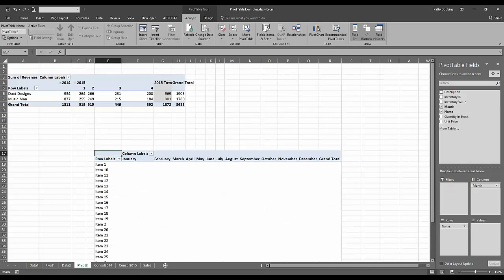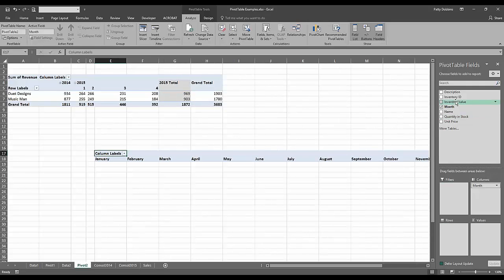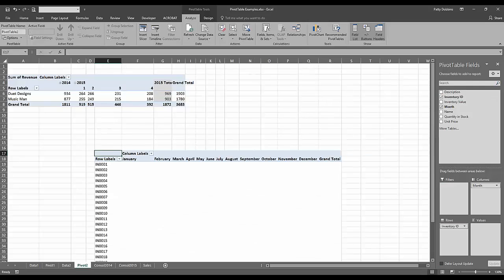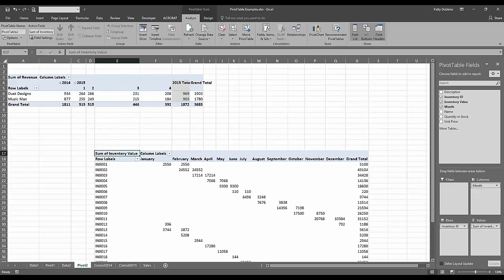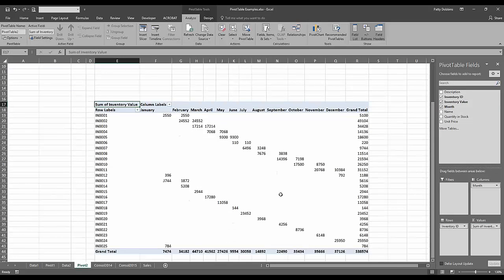I'm going to take and put down here. So I can see these items are just like 1, 2, 3, 4. Actually, I'm going to take the inventory ID number. There we go. And the other thing I want is the value. So let's take that and put that in values. So now I can kind of see how very quickly I can connect to another external data source outside of